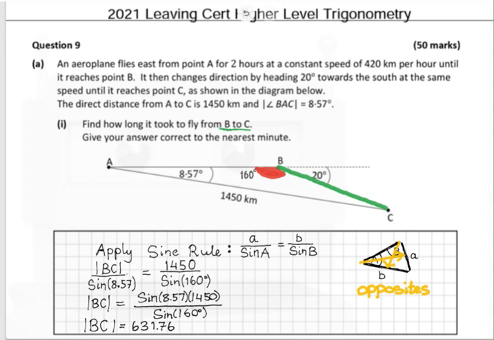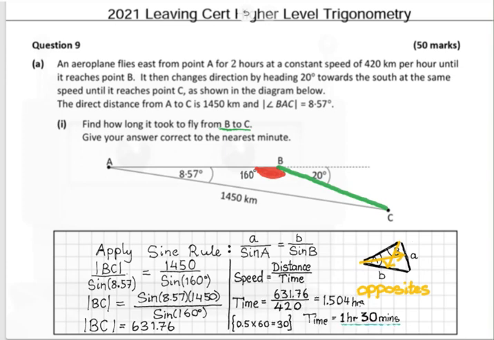Now we want to find out how long it will take to go from B to C. We need to use the speed, time and distance formula. Speed is equal to distance over time. Write that out primarily, then you can rearrange it. In this case we want the time, so you're going to multiply up here and swap down with the speed. So the time taken will be